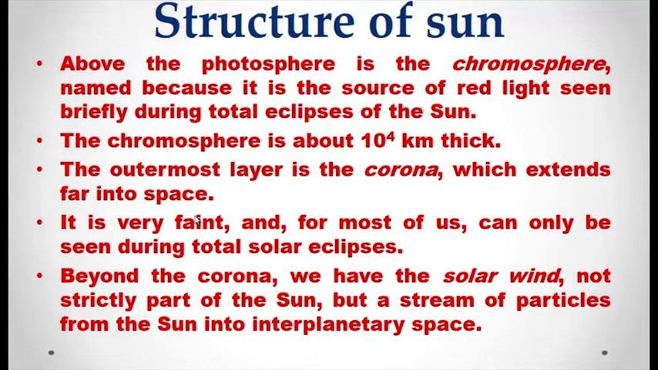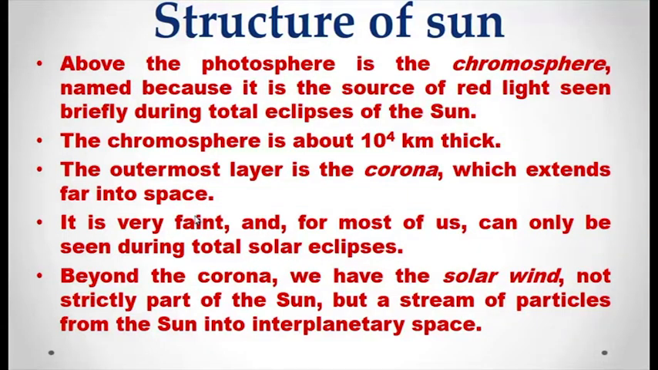Apart from this chromosphere, the outermost layer exists. This outermost layer is the corona of the Sun, which extends far into the space. This corona is very faint and for most of us can only be seen during total solar eclipses. Beyond the corona, we have the solar wind. This solar wind is not strictly part of the Sun, but a stream of particles from the Sun which emanates into